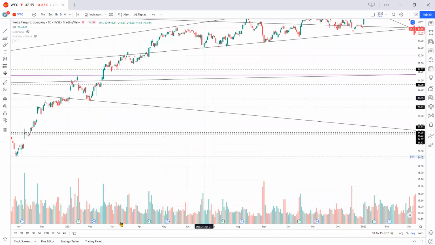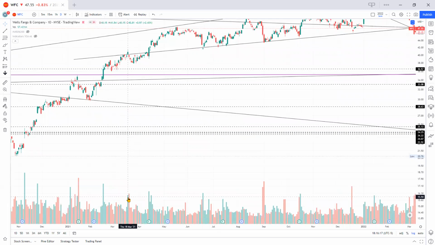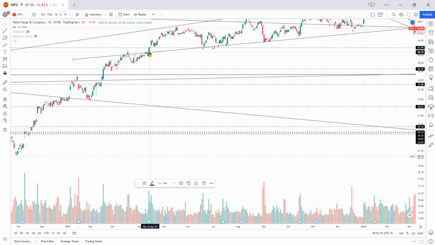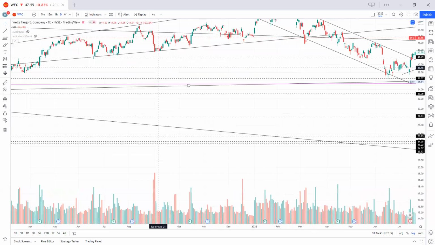Let's see these. Do I do these? I'll do this one. I'm not going to do all of them. I want the tallest ones. That's where there was the most trading activity. And the market, in this case it's Wells Fargo, will remember this spot. So it will use this horizontal trend line as support and resistance. Okay, that's just how